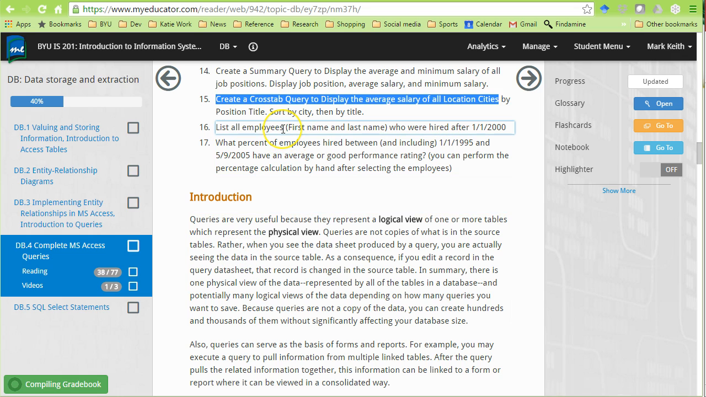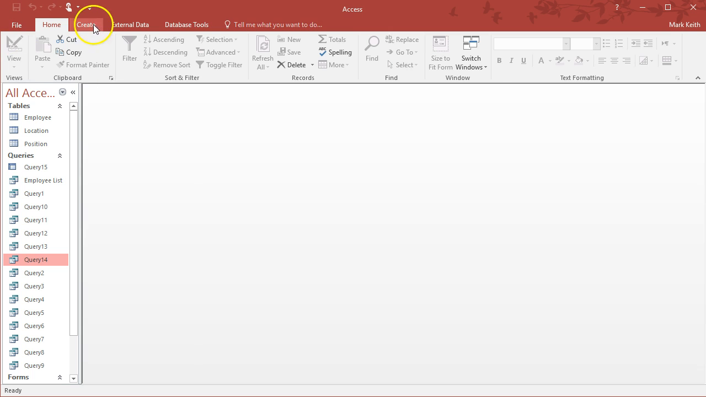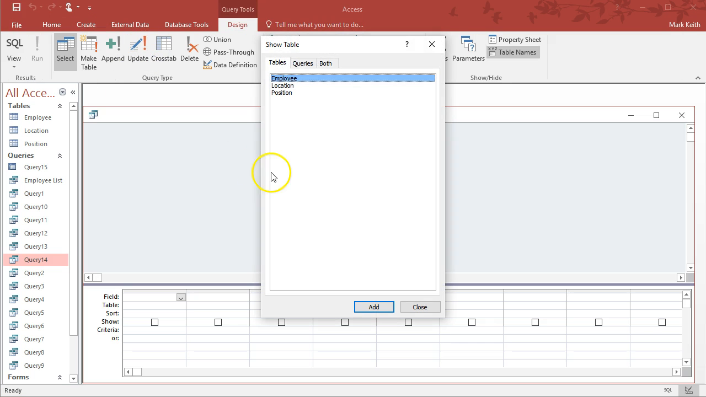There's just a couple more things I want you to learn, and that's how to work with dates. Really, one more thing. So dates are very useful. Let's start by listing all employees who were hired after January 1st of the year 2000. All right, it's not so hard. Create, query design,